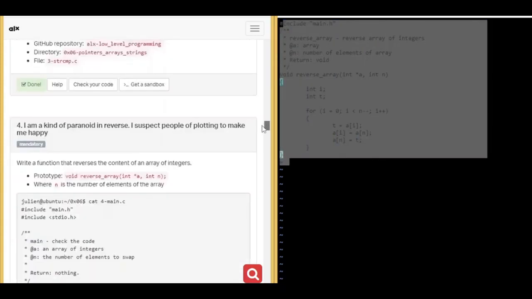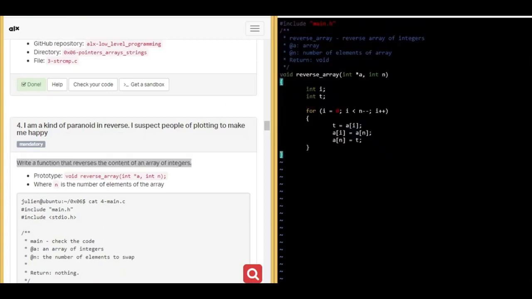A function that reverses the content of any arrays of integers. So this will be that. Alright,